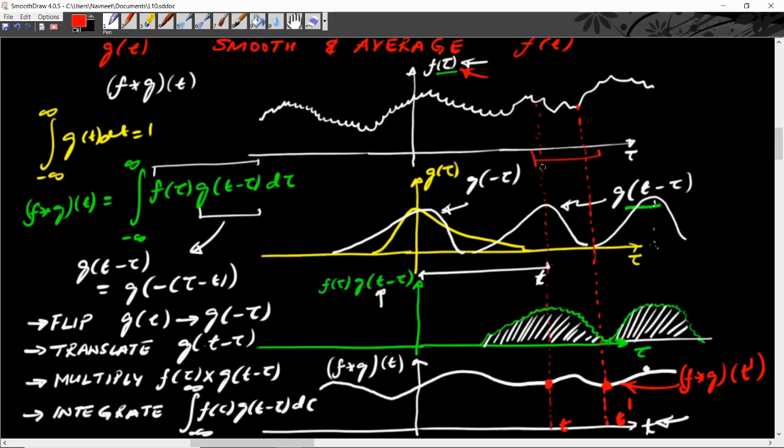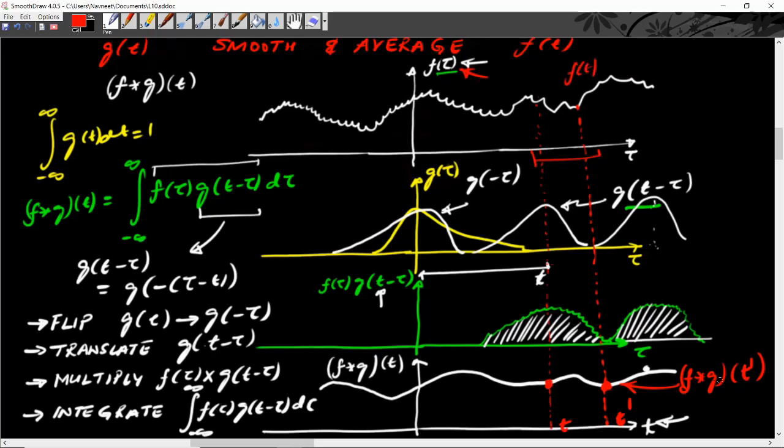So the value of f of t would be included in this convolution of f and g at this particular time t prime. So what that means is that compared with my original function, that is f of t,